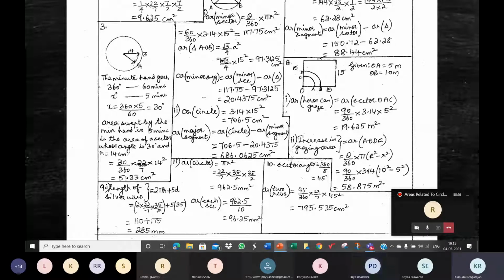12, ma'am. Yeah, the minute hand points to 12. When the clock shows 8, the minute hand is pointing to 12. Now, to complete a circle, the minute hand has to come back to 12. Forget the hour hand. Only the minute hand. When the clock strikes 8, the minute hand is at 12. Now, if the minute hand has to trace a circle, it has to move 1, 2, 3, 4, 5, 6, 7, 8, 9, 10, 11, 12. It has to come back to 12. Then it has traced one circle on the face of the clock.